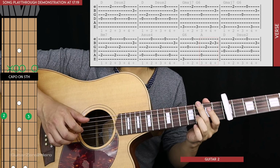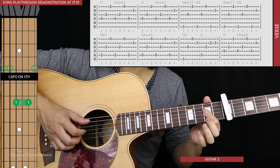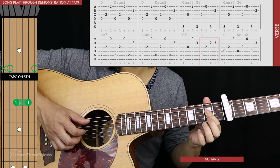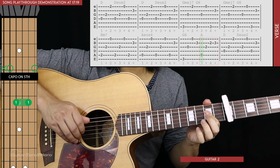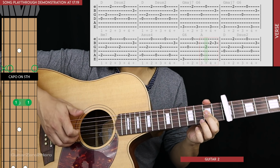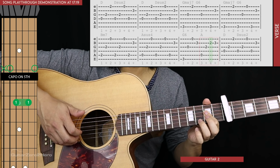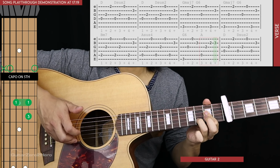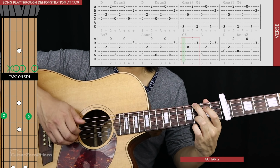And then we're going to go to an A chord shape, but you're going to take your index finger and just bar it across the 2nd fret of the 4th, 3rd, and 2nd strings. Now we're going to pluck the 5th string by itself, the 3rd string, 2nd string, and then with either your middle or ring finger, hit the 3rd fret of the 2nd string. So in total for the 3rd bar,